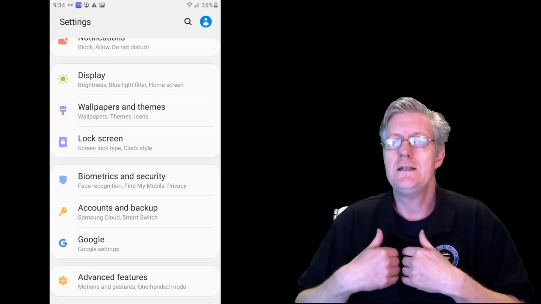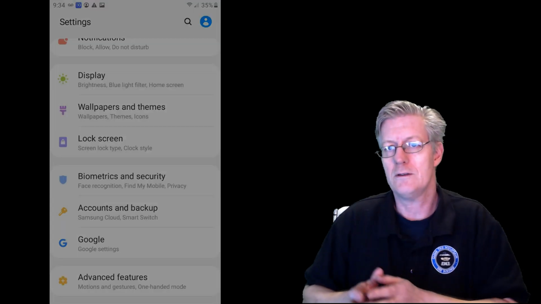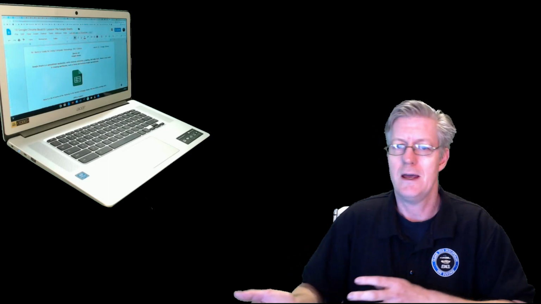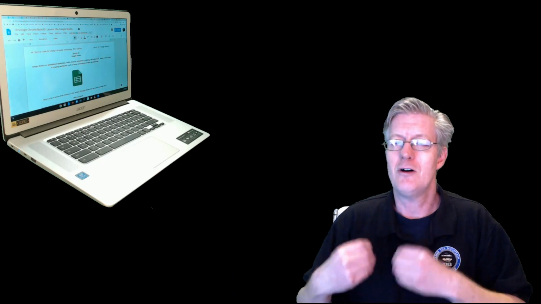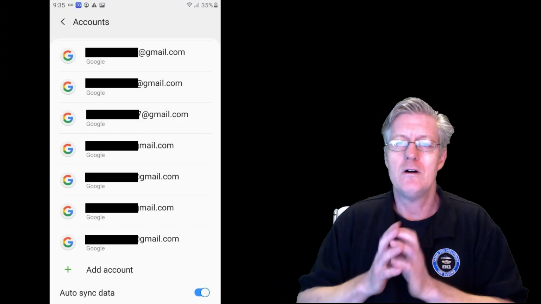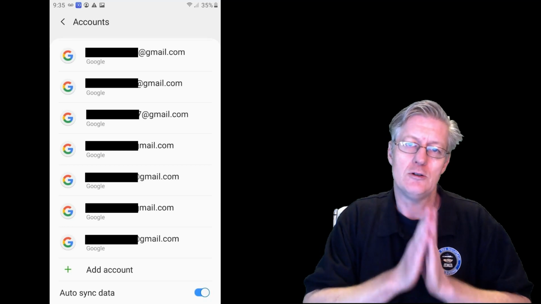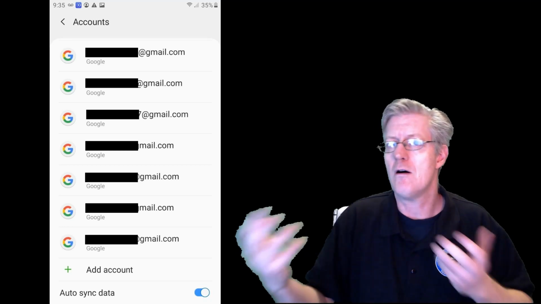Now once you're in your settings, we need to add our Google account so that you can synchronize all the work that you do on your Chromebook, your Macintosh, your Windows computers, and on your phone. It synchronizes everything. And all this works as long as you're logged into the same Google accounts. Now you can have more than one account, as you'll soon see, but you want to make sure that you're logged into the same ones on these different devices so you can share all of your files and all of your work.